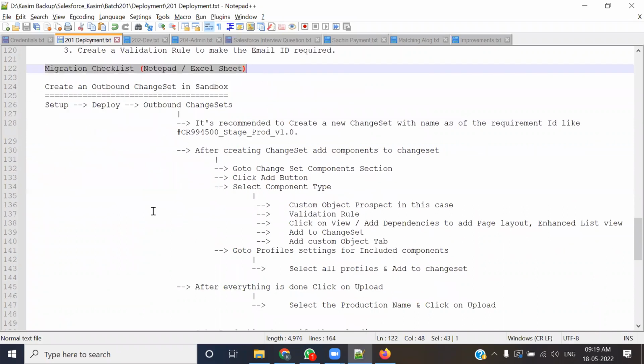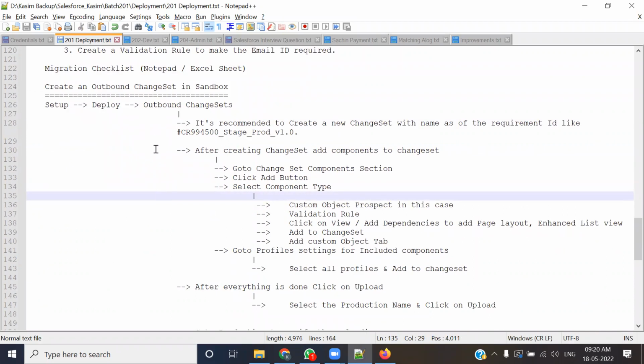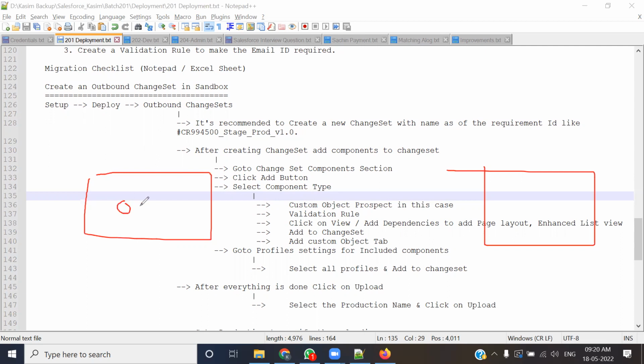Okay, so now let's perform this migration. Before we perform the migration, let's understand once again the concept of outbound and inbound chains. Let's see what you are trying to do. You created some objects, some fields, some validations inside the sandbox. Now whatever you created, you want it to be migrated, transferred to the production environment, right? So when you want the changes to be deployed from the sandbox to production,